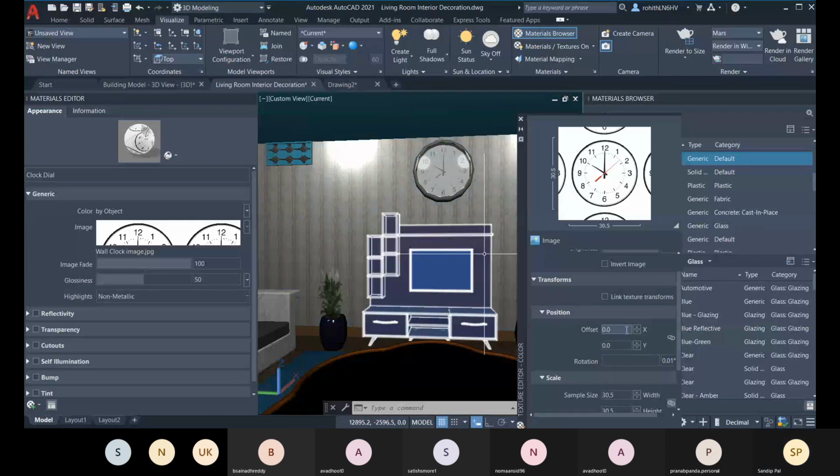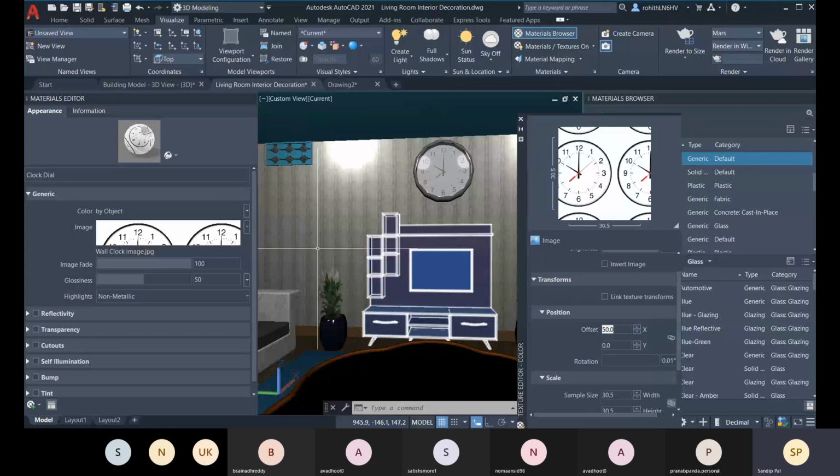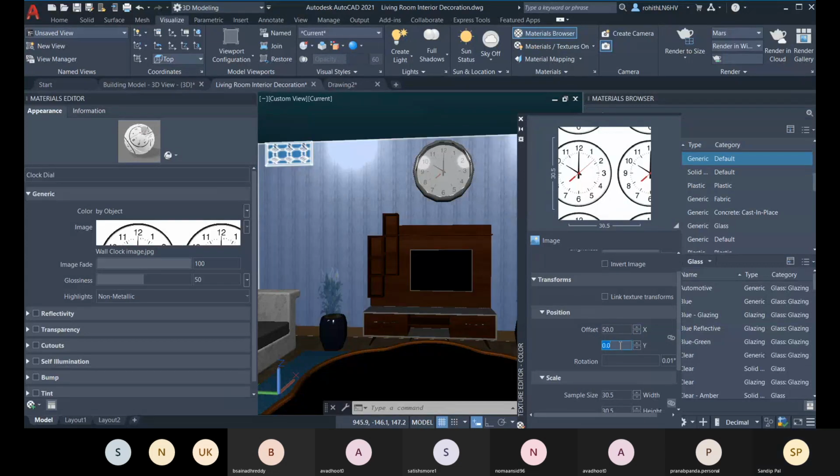Let me show you that. Let me go for like 50 to the X value. And here you can see, right? It is reflected. So you have to reapply it.